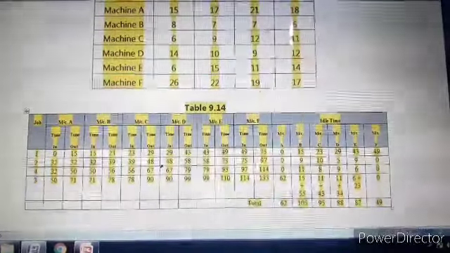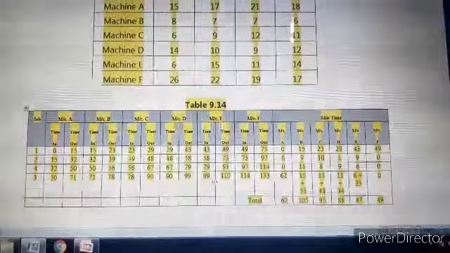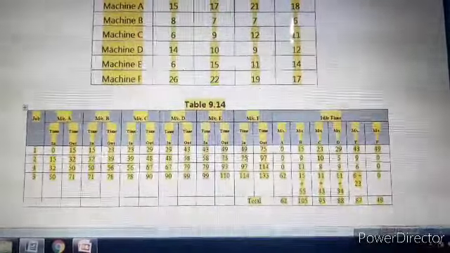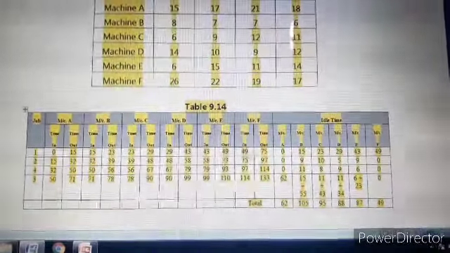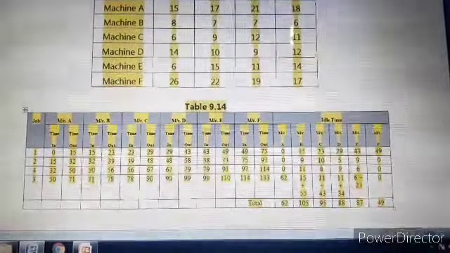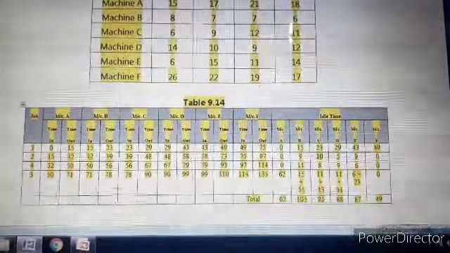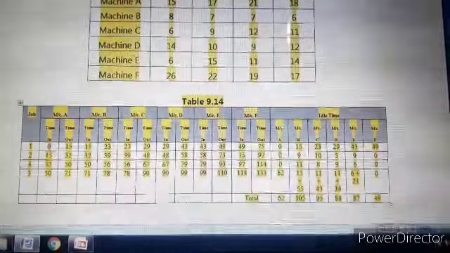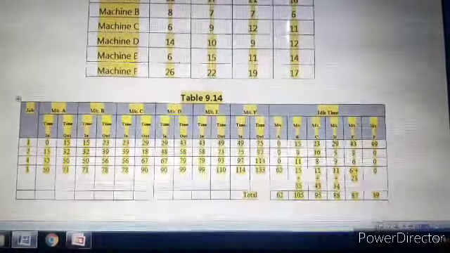Now the same method we have followed here, and accordingly we have obtained the total processing time as well as the idle time for all the machines. Now what I will suggest, just refer to the previous steps for the 2 machine problem and 3 machine problem in order to prepare this table. So I will not explain this table directly, I will explain the final values, that is, considering time in for job 1 as 0,